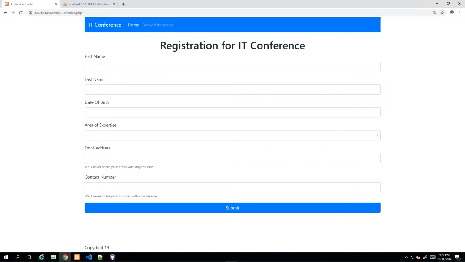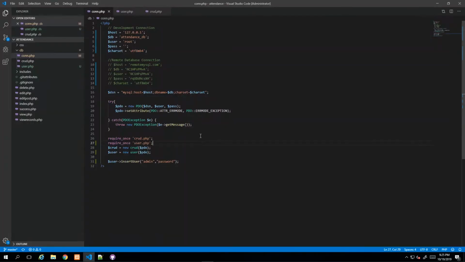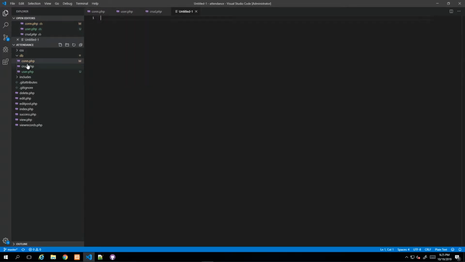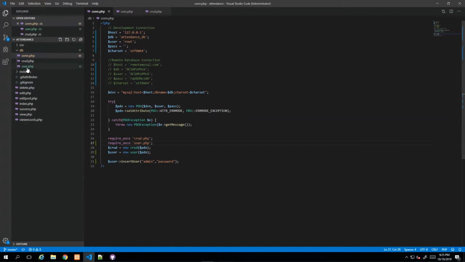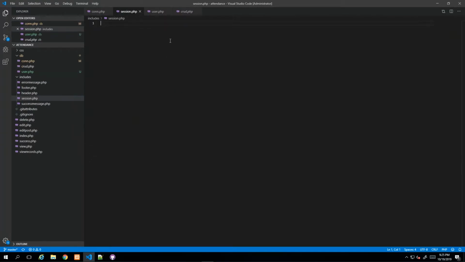Now, step one is going to have me create a brand new file, and I'm going to explain what the purpose of this file is. So I'm going to create a new file inside of my includes folder. So I click includes, create new file, and I'm calling this one session.php. Now, in order for us to handle,